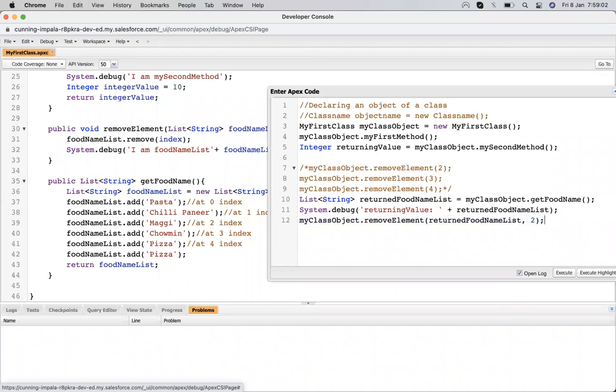And then I will also remove the third element. Execute highlighted. Sorry, execute.